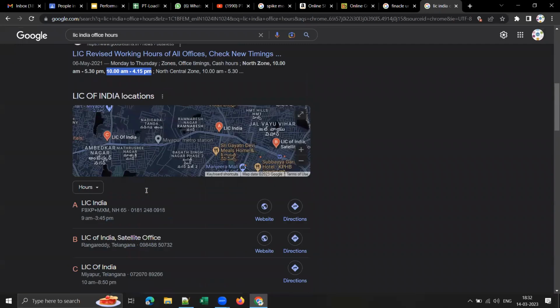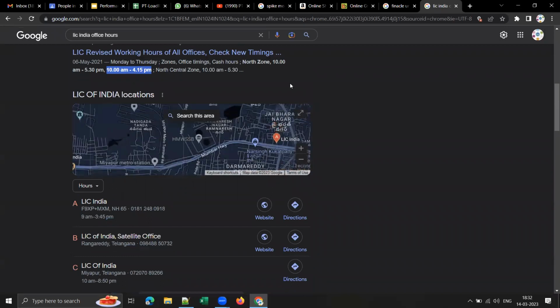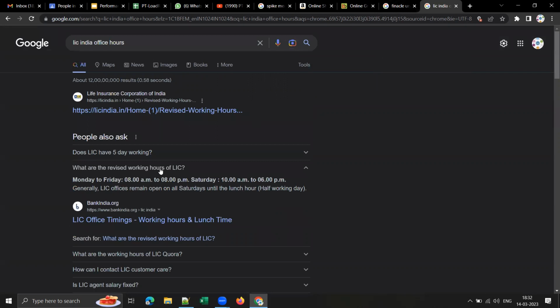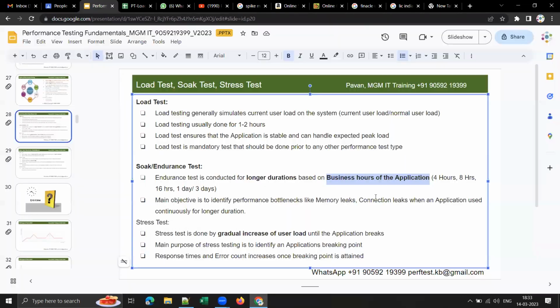Now those are called the business hours of that application. Understood, guys? At that time there will be a larger number of users. All the employees will be using that application. So those are the business hours of that application. Clear, guys? There will be some applications which work only from 10 to 3. Or suppose you have a government commercial tax office, so it may operate during fixed timings. Or there may be some applications which work till half day only. So those are business hours. That is the meaning of business hours of the application.